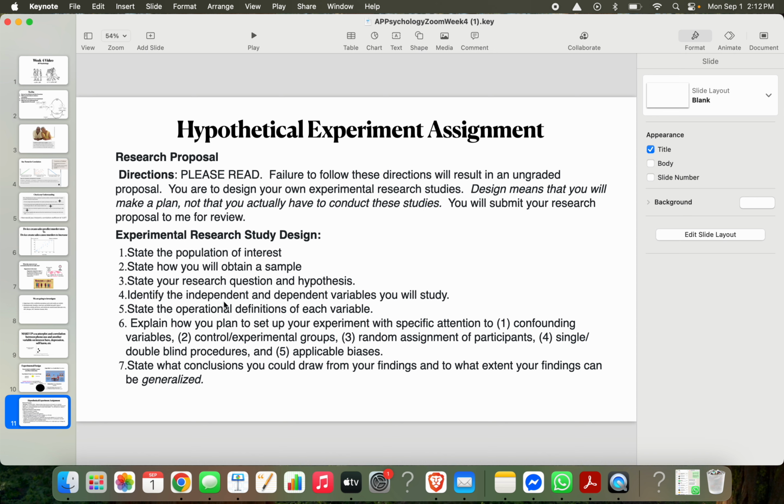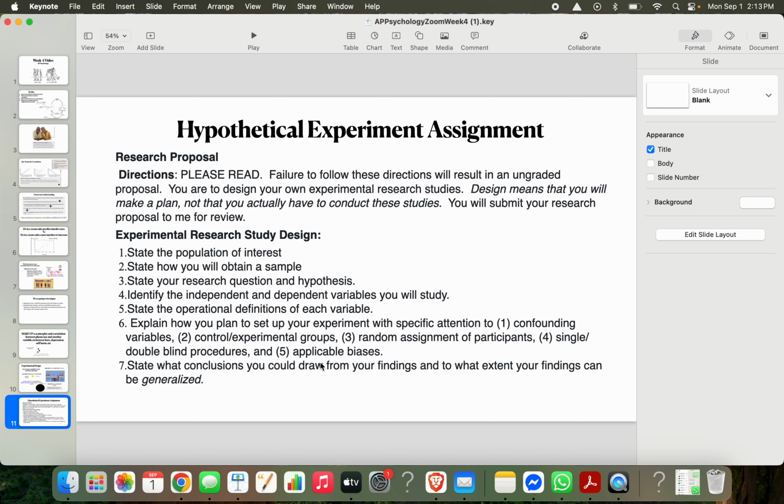An independent variable, that would be easy in my example. It's 2 hours, 4 hours, or 6 hours on social media. Confounding variables. Confounding variables are things that get in the way. I mentioned one of those. The confounding variable would be if a student is assigned to no hours on TikTok and they were spending 6 hours a day, they might actually be more upset because they don't get to do what they wanted to do, right? That would be a confounding variable.